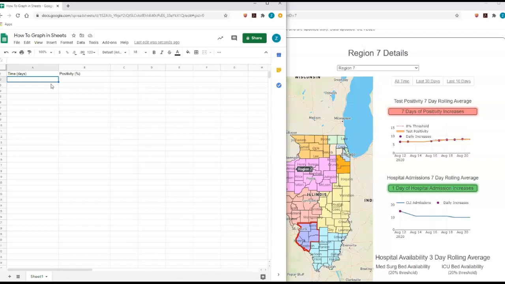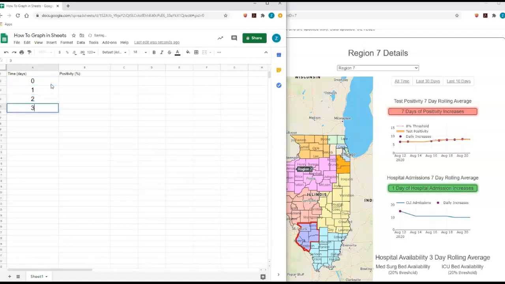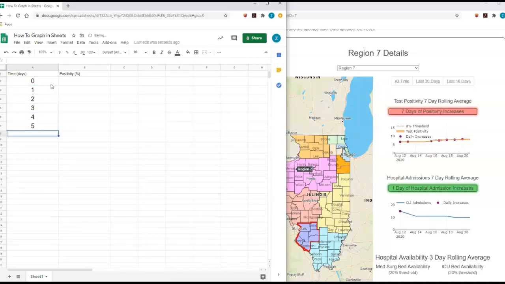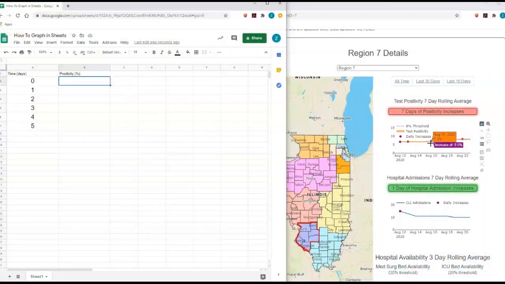Instead of trying to give the actual date it happened, I'm just going to call them day 0, day 1, day 2, day 3, day 4, and day 5. So I'm going to start from August 16th here. I'm going to call that my day 0. So here's my first data point. And on that August 16th, my day 0, I can see the positivity rate was 7.2%. That's my dependent variable. And then I'm just going to go down the line and steal the rest of their